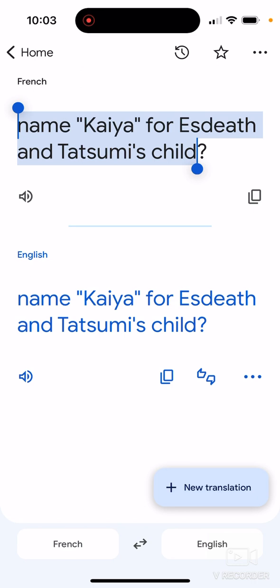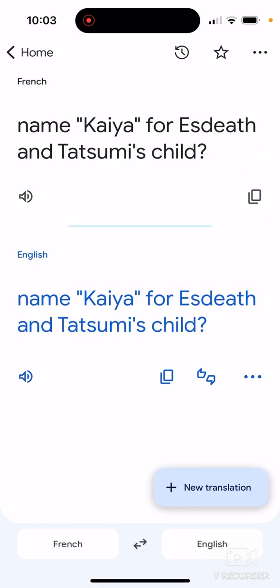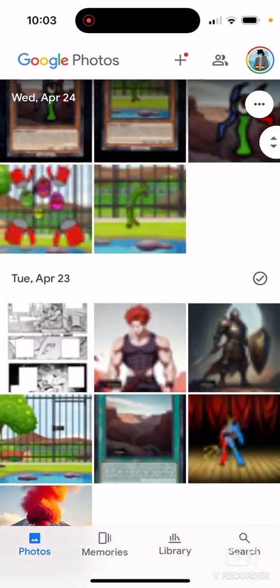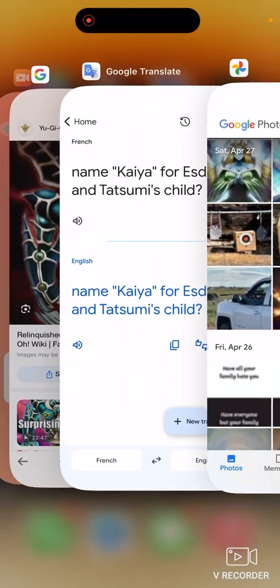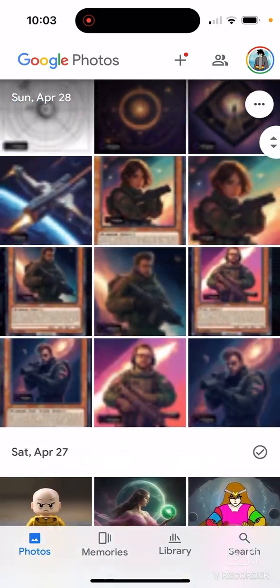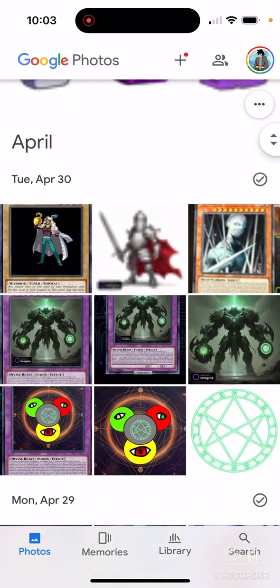And no, I'm not French. It's just here. Got that one. Ready, set. Name Kaya for Death and Tatsumi's child. Kaya. Yeah. So, that was for the video that's before this video. So, I know that you're probably watching this and